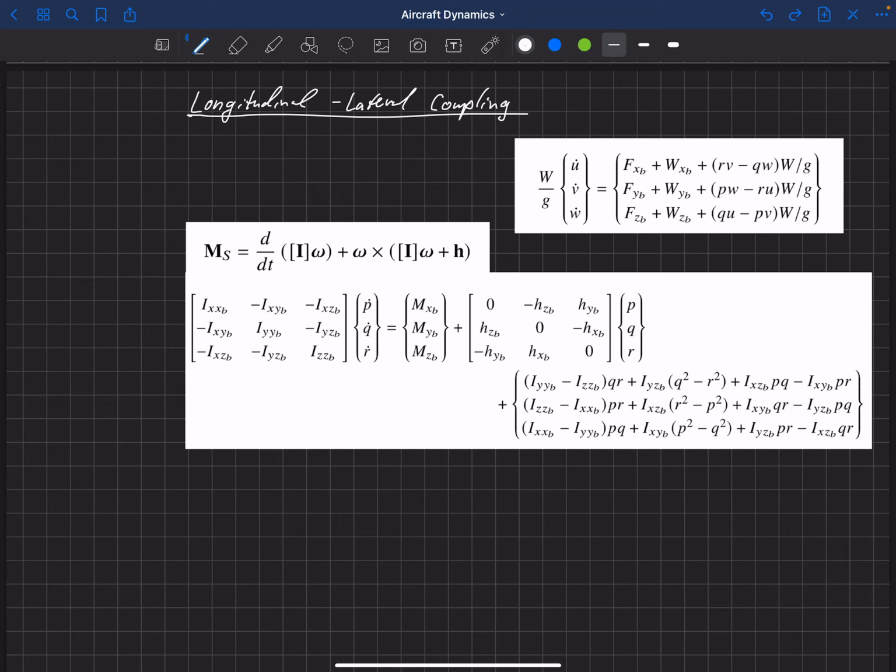The video here is to focus on what we've neglected by splitting these up, or just through the assumptions that we made in order to split these into the two different sets of equations, the longitudinal equations and the lateral equations. So to do that, we're going to step back to these fundamental equations that I've got here on the screen. So if you remember, this is Newton's second law, F equals ma. So this governs the dynamics of motion as we know it.